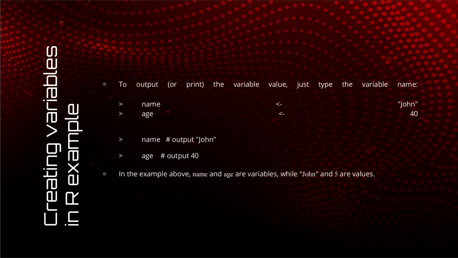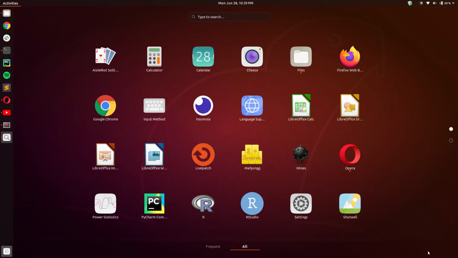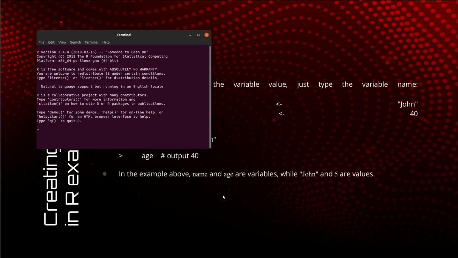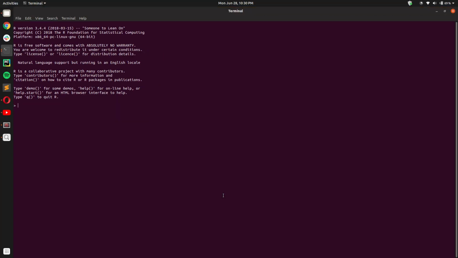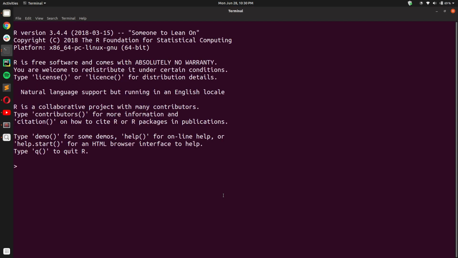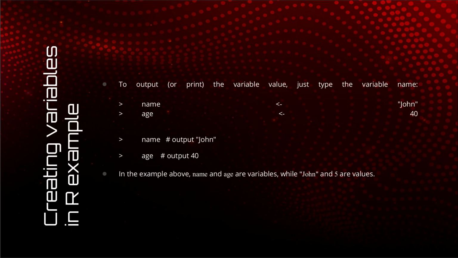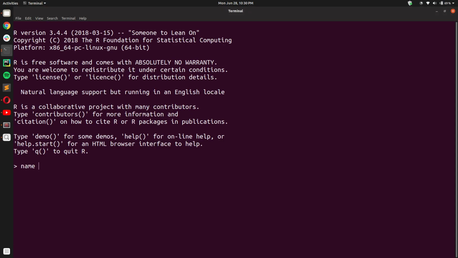Great. So now we will discuss this with the help of R. As you can see, I have launched R. Let me zoom in a bit. Now we are creating two variables, name and age. For name, I use the assignment operator, which as you can see is a left pointing arrow, and I give it my name Vaibhav, and age of 23.